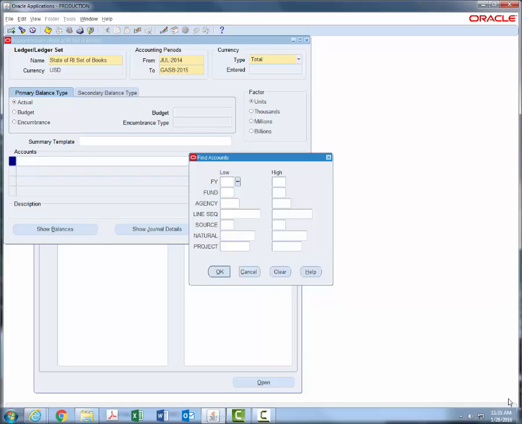I then fill in as many of the low to high parameters as are necessary and sufficient to specify the full account numbers I wish to see the data for, after which I click on OK. In this example, I am interested in wages paid to the employees of the Office of Accounts and Control in fiscal year 15. It is necessary and sufficient in this case to enter 15 in both of the fiscal year fields,